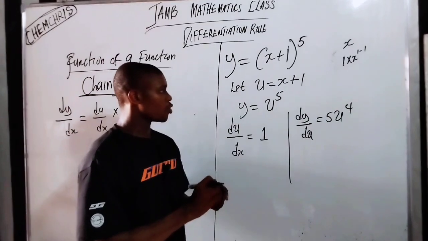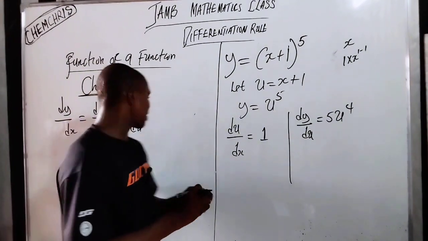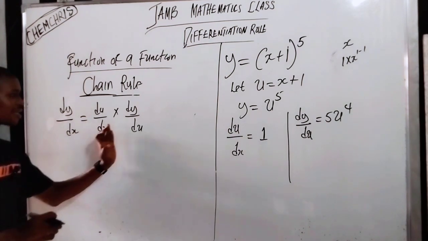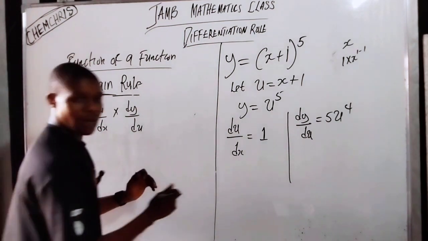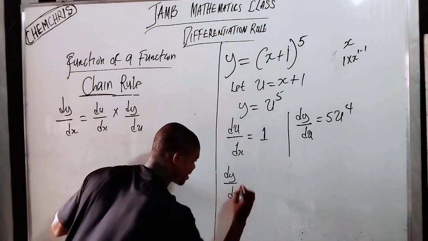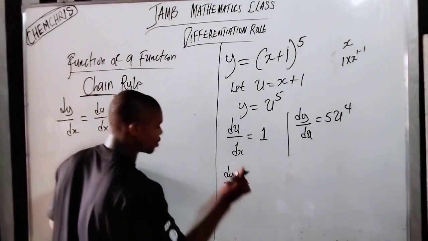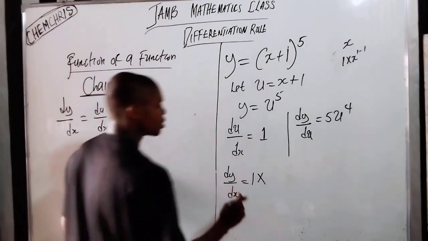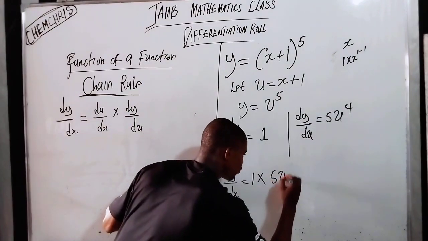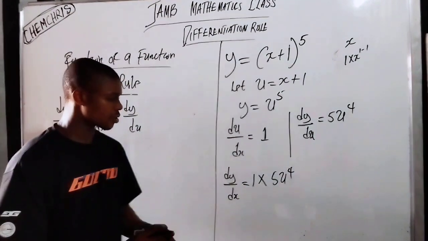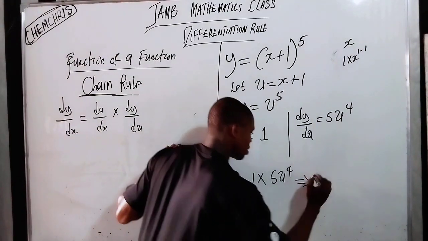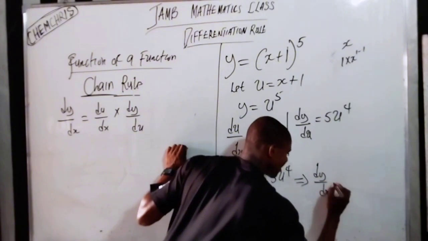That is it. So now remember the chain rule: dy over dx equals du over dx times dy over du. So this is what I'm going to get. My dy over dx is du over dx, which is 1, times dy over du, which is 5u raised to 4. Can you see that? Now 1 times this is also the same thing here. So you can just say dy over dx is equal to